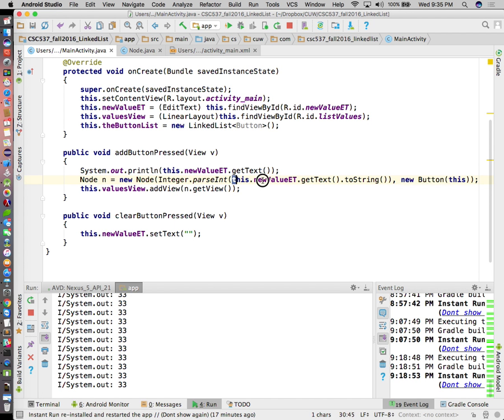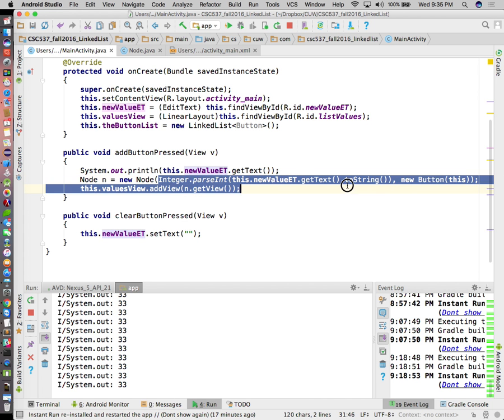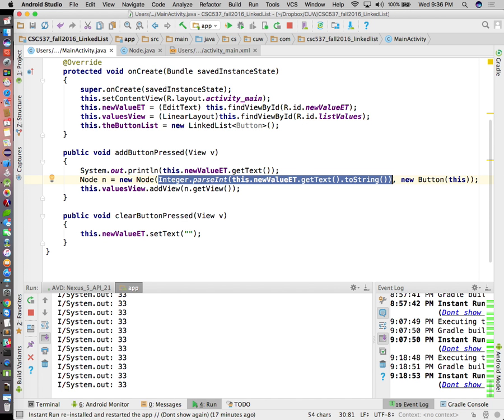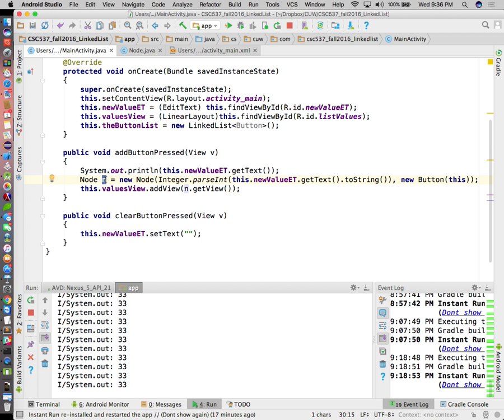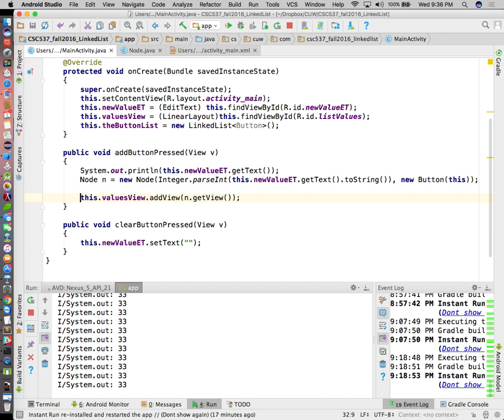And this is how I get the integer version of whatever's in our current edit text. So I'm passing those two values into our node constructor. That guy's stored inside of something called n. I'll then go ahead and add n to our view. Okay, but right now we're doing this pretty generically because we're always assuming we're adding it to the